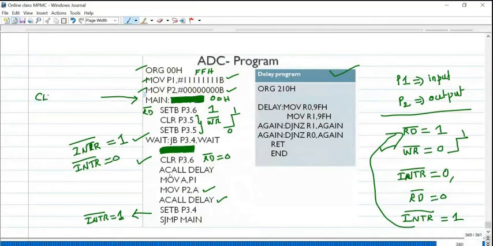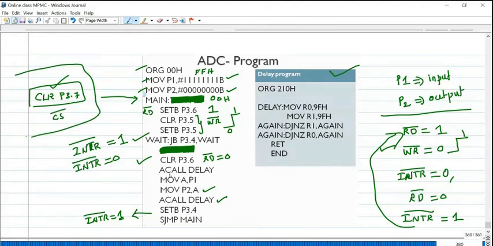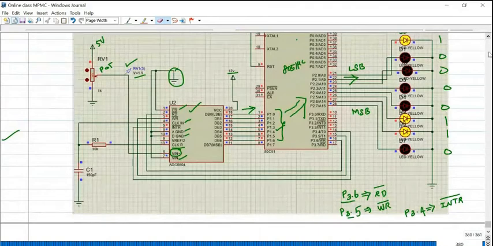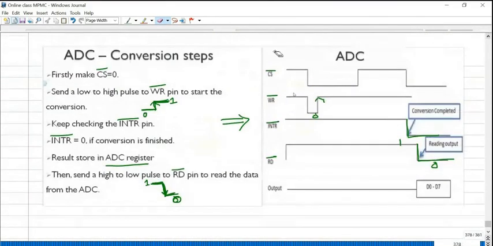Here I have not used clear P3.7, which means your chip select bar is always logic high. It's an example only. P3.4, 5, 6 are not mandatory to connect at these particular pins only. You may connect with any pin, but you should follow this logic.